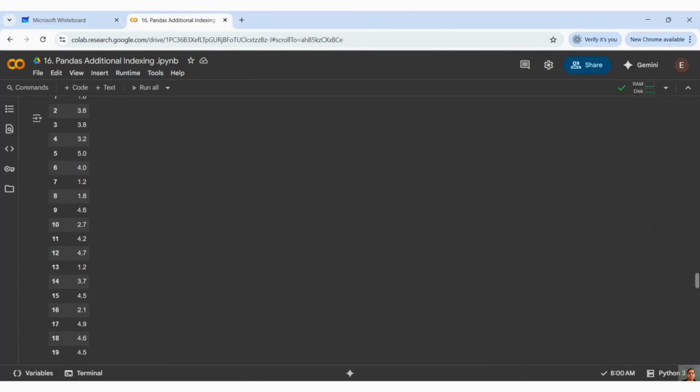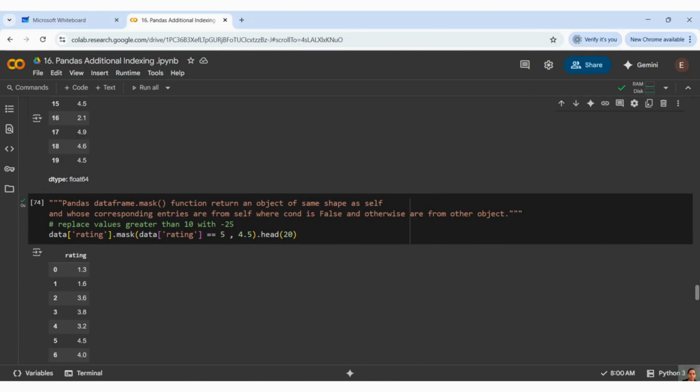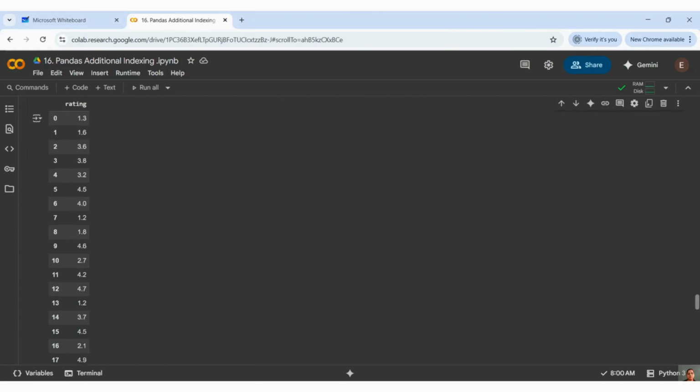If you see your rating, in row 5 I have 5, right? Let me show you that. My row 5 is changed to 4.5. So this is an efficient way to modify your data. If you want to modify to something else, this is an efficient method in mask.